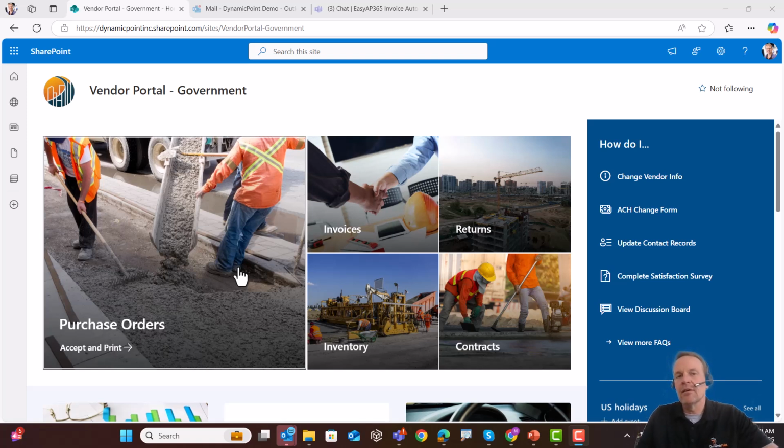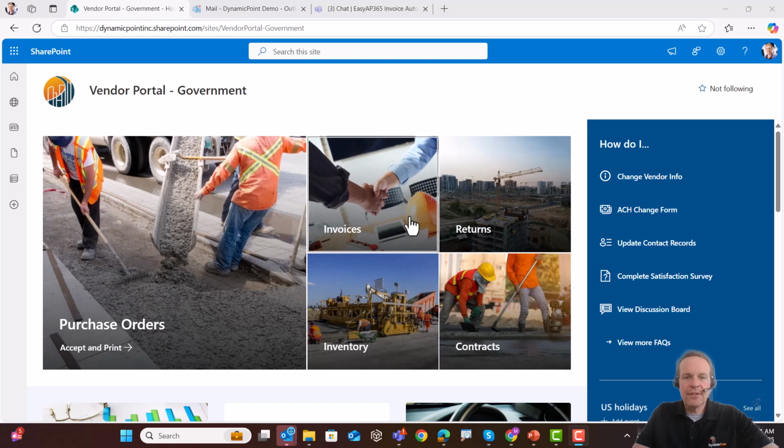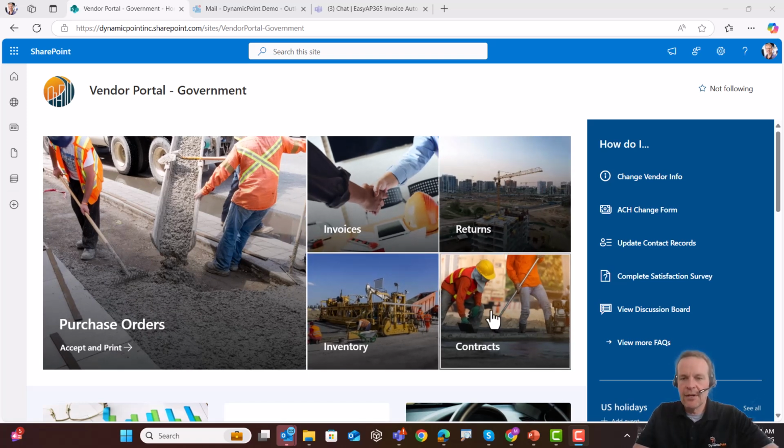So we know who they are. They are logged in users. Let's go ahead and look at the look and feel. Again, this is just a sample. Really, this is up to you as far as how you want to brand it and lay it out. Here we have the ability to look at purchase orders for the vendor, look at invoices specific to the vendor, returns, inventory, contracts,